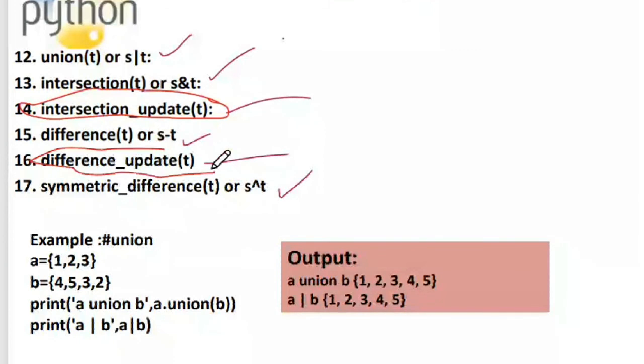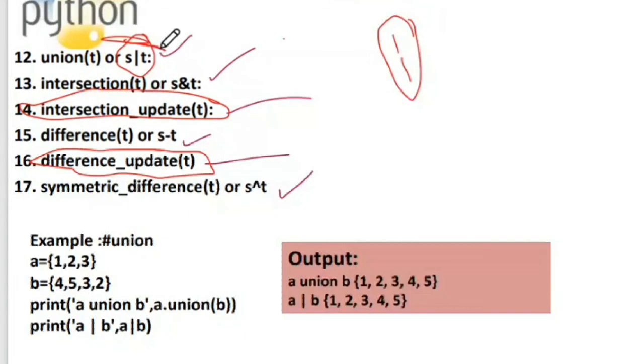So these are the other set methods. The first set method is the union method. You can give union, or you can also give this pipeline operator. You'll be having two lines like this, with a broken gap. You can say S pipeline T, or something like this, and it means that it is the union operation.